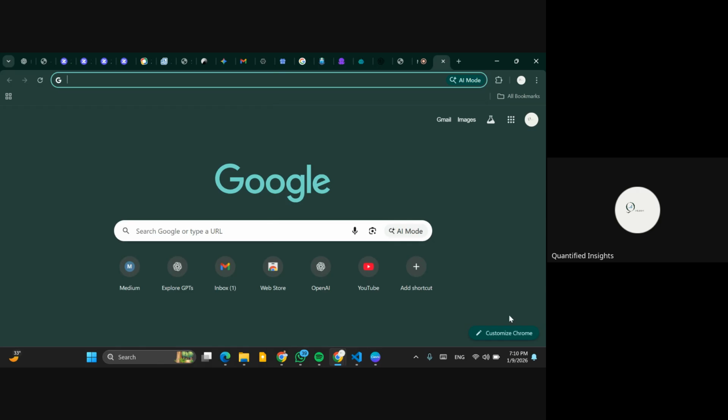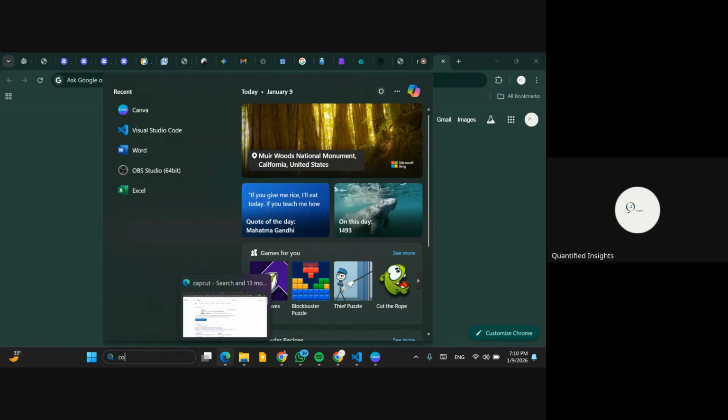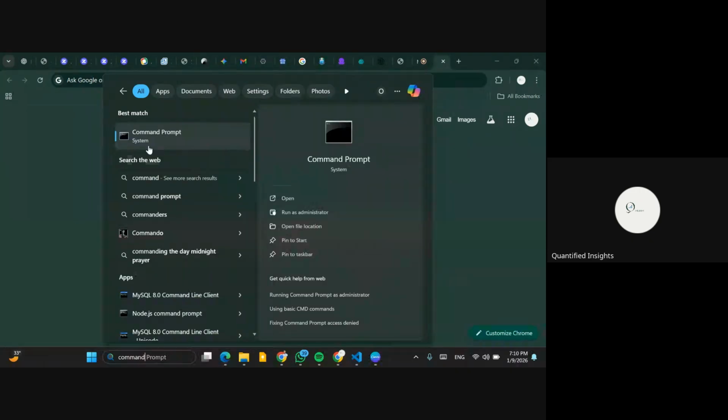The first thing to do is to open up command prompt or terminal. So come to your search bar, depending on the kind of Windows you are using. Open command prompt, type cmd. Before you finish, you see a suggestion here at the top. We have command prompt. When you open that,